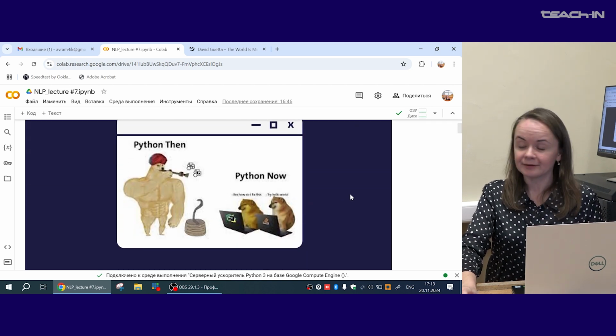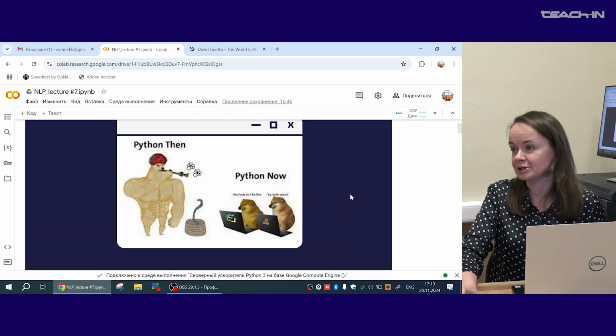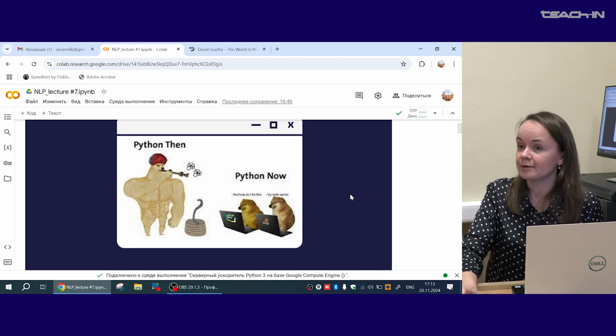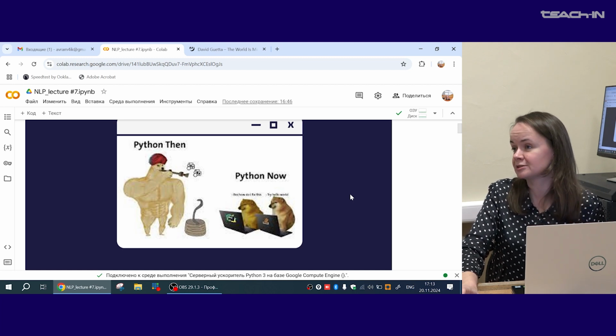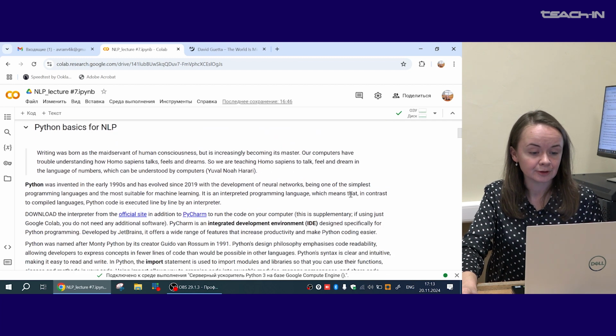In fact, the Python programming language was introduced more than 30 years ago, but it became quite popular just about 5 years ago with all those natural language processing tools development. As for the basics,